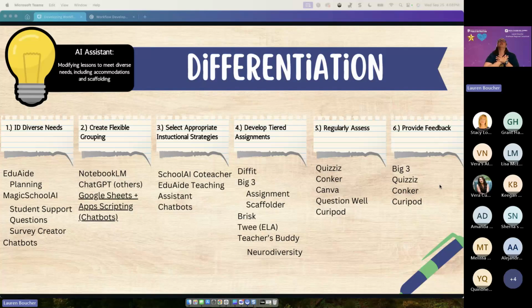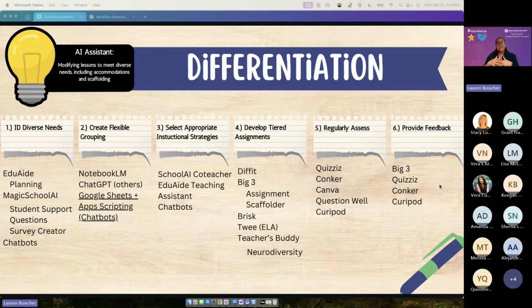CurryPod has my heart. I love CurryPod. This will allow you to not only regularly assess your students, but like many of these tools, it will give automatic feedback for you that is AI generated. And right now, CurryPod is running a promotion that everybody has access to the whole platform for free through November 9th.